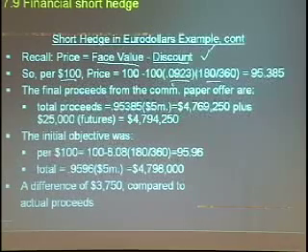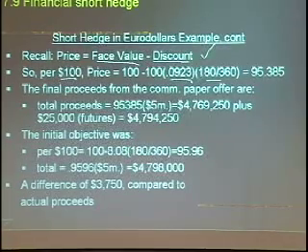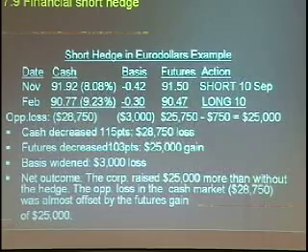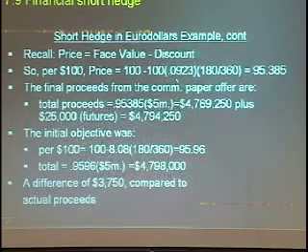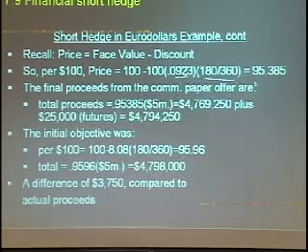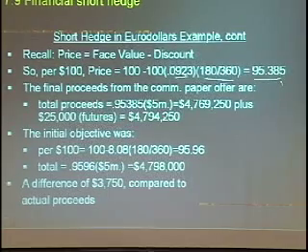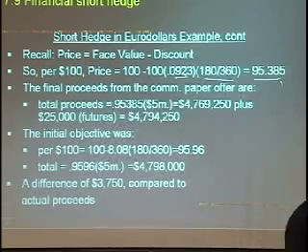So we have an annualized rate of 9.23%. That was the spot rate on February 1st, right? Go back here. That's the spot rate on February 1st, 9.23. So we've got that interest rate times 0.5. It's a half a year. So you multiply that through, and that gives you a discount, or a price, if you like, for every $100